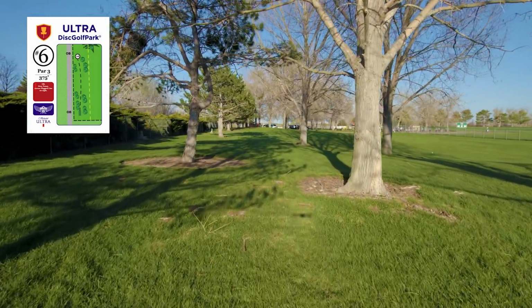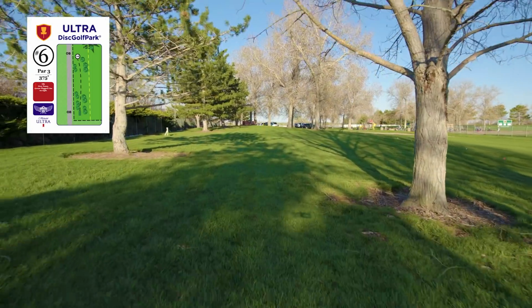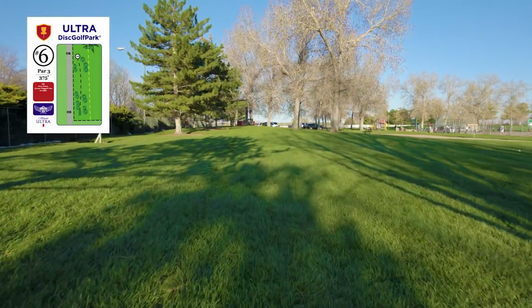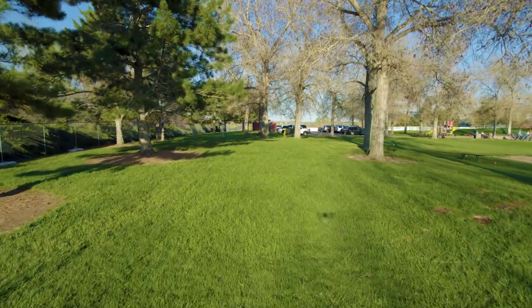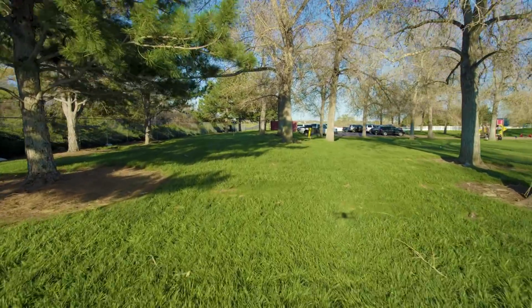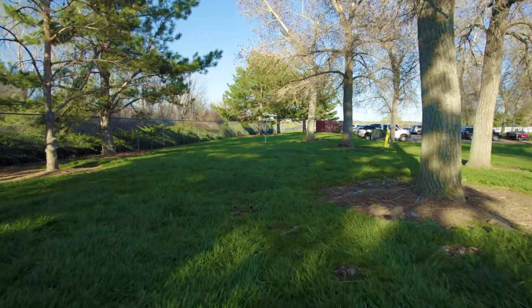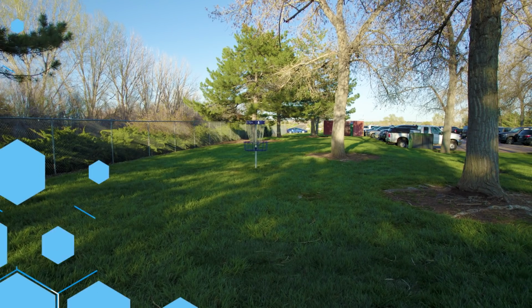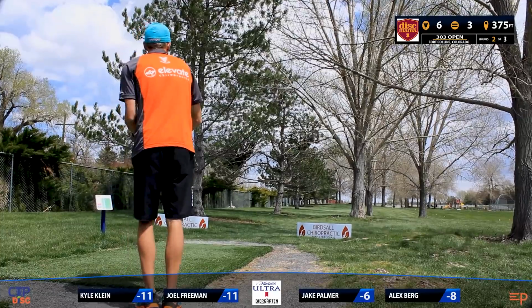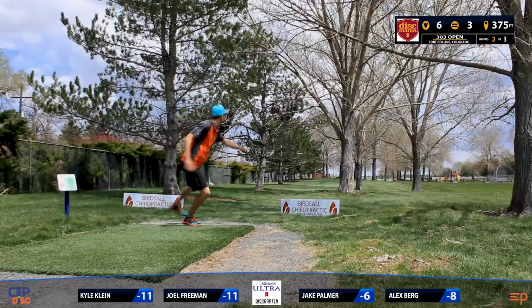Hole 6 here, 375-foot par 3. My favorite hole on the course. We're going to have this tight tunnel with a low ceiling. And it's going to be a little elevated to the green. So getting this birdie is really a huge plus. It's very much a bonus birdie, but very rewarding when you do get up there. Yeah, it's a phenomenal hole. It really uses the landscape well. The only danger is going over that fence on the left, and you've got some OB on the right side if you overturn your throw. These gentlemen are going to be looking at a tailwind coming into this, and Joel...